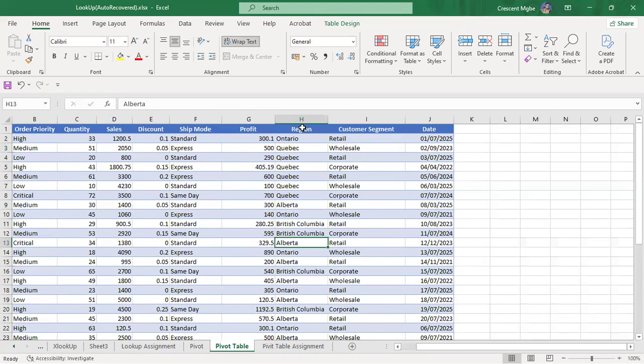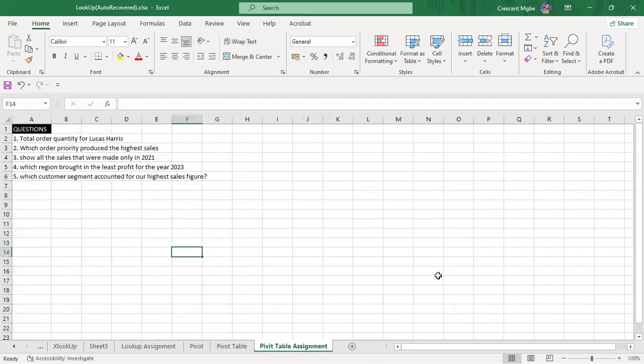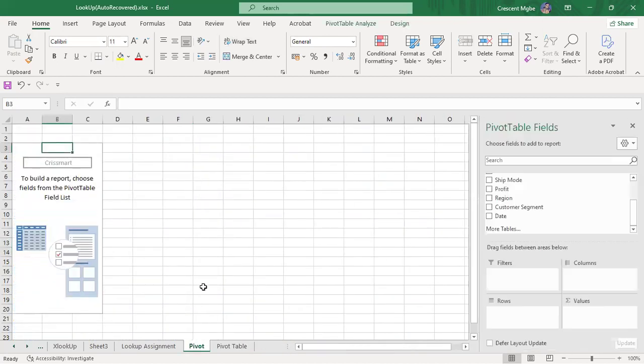Region is text. Customer segment is text, right? Then shipment mode is text. But when you have sales, sales is values. You have numbers. You can see quantity is numbers. So any column that has numbers, like profit, goes to the value. This is value here. You cannot come and put sales here. You only put